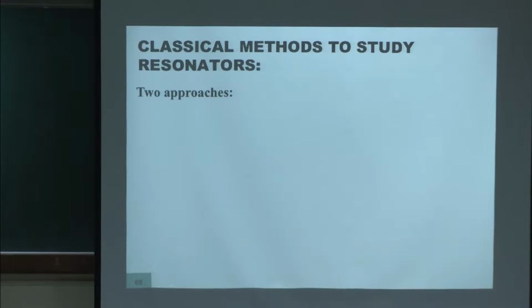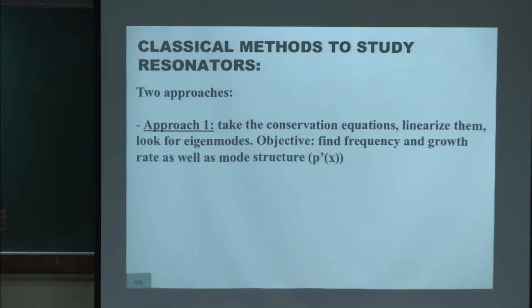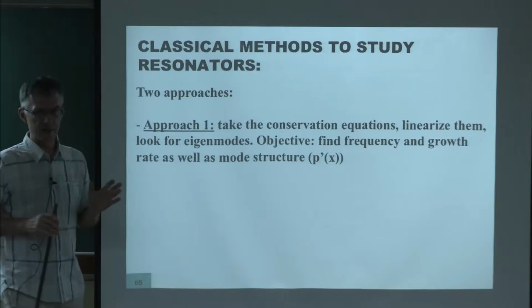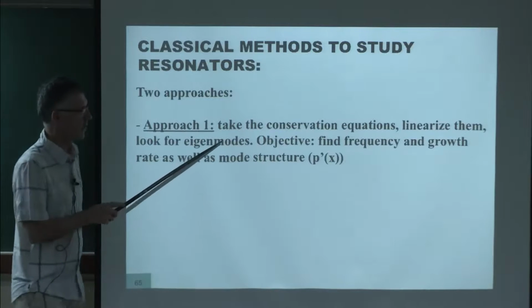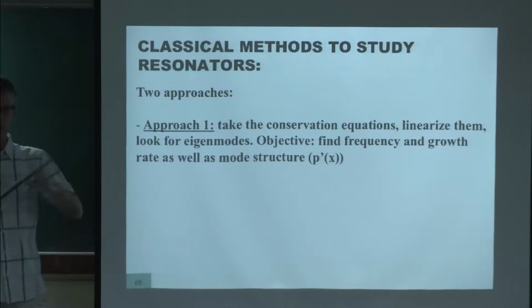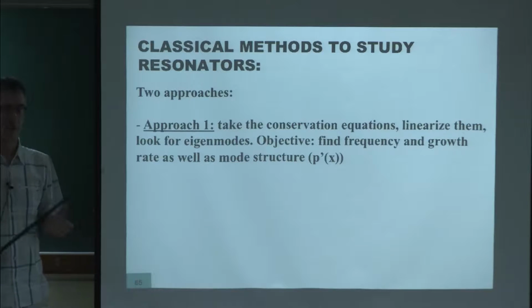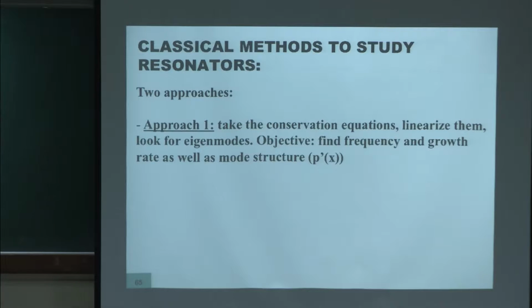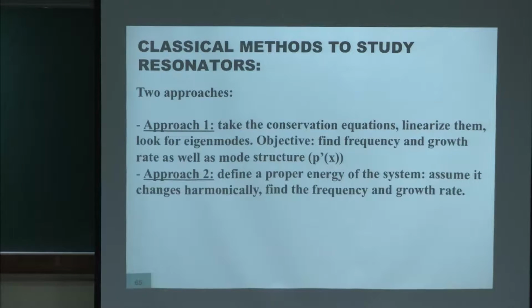So how do we study these things? Basically, there are two ways to look at this problem. The first way is to take the conservation equations, find a way to solve them, and solve the unsteady problem completely, which is of course what everyone would like to do. But in practice, it's difficult. The second method is to develop what we call stability criteria. To do that, you define an energy and try to find the conditions under which this energy remains bounded or not. That looks a little bit theoretical, so let me give you an example.